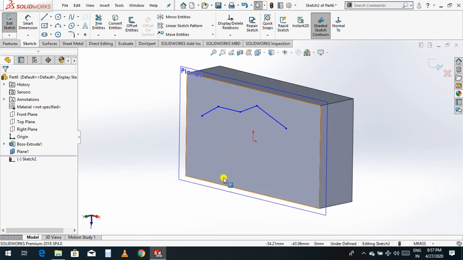Now I want to make one plane at this point, so exit the sketch.